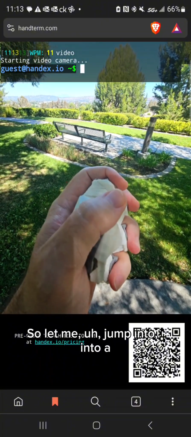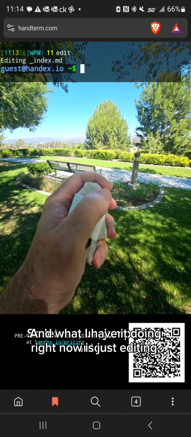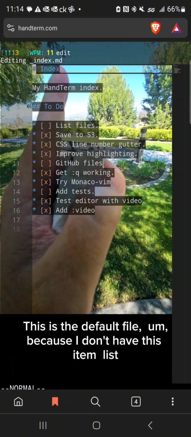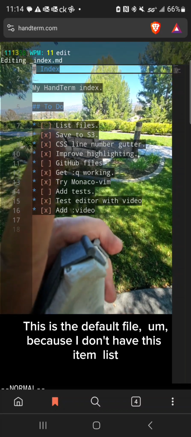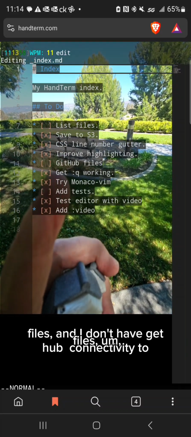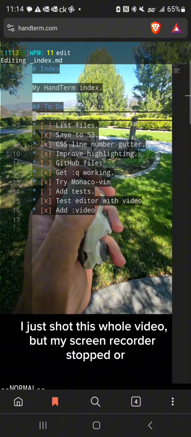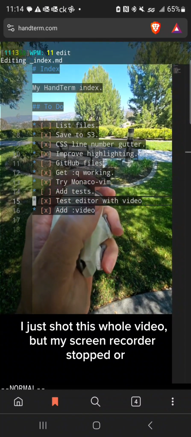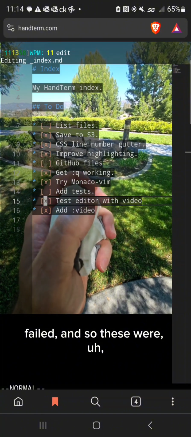So let me jump into a file. What I have it doing right now is just auto-editing index. This is the default file, because I don't have the list files item, and I don't have GitHub connectivity to files working yet. Now, I just shot this whole video, but my screen recorder stopped or failed, and so these